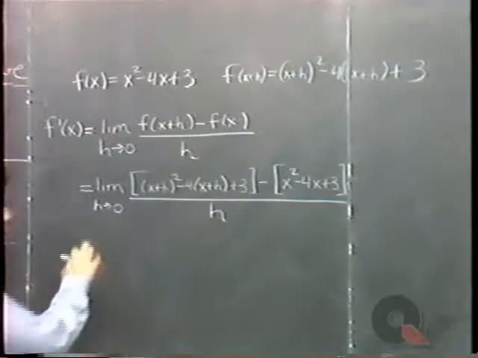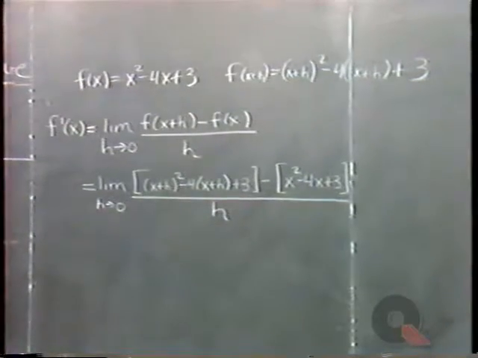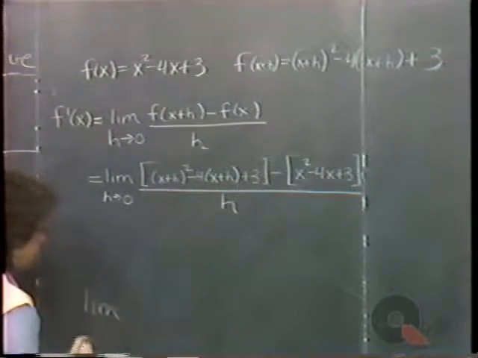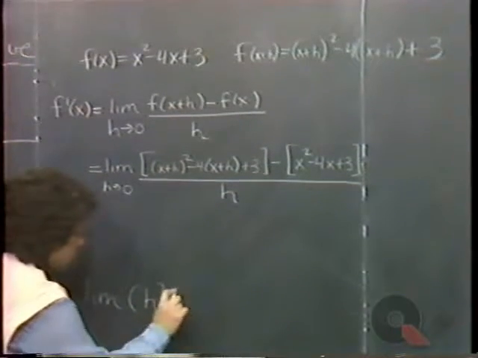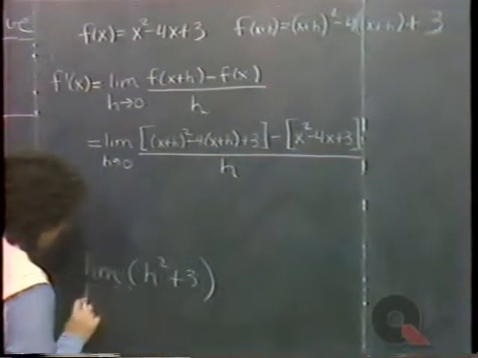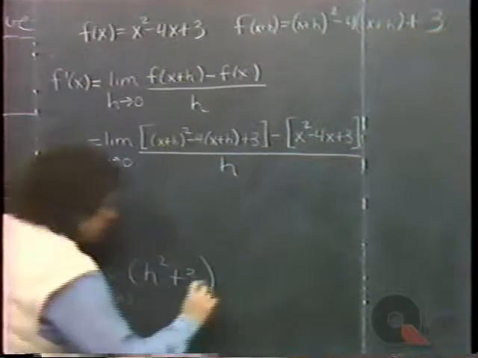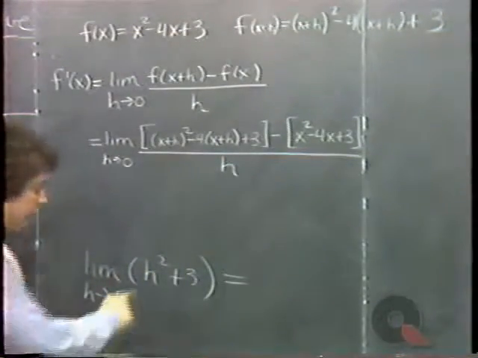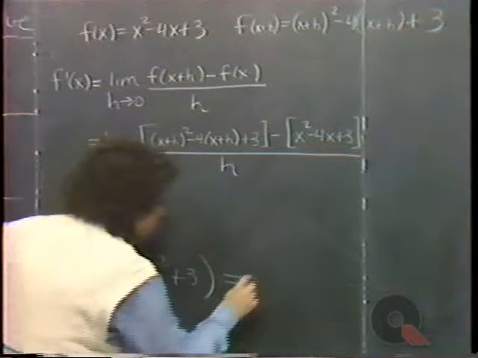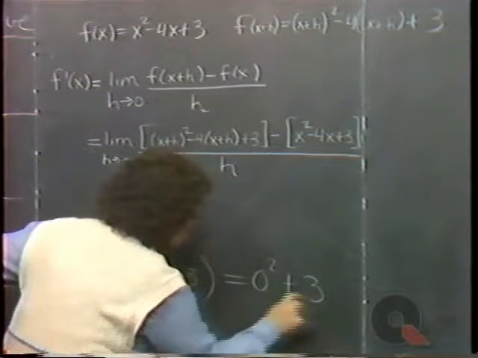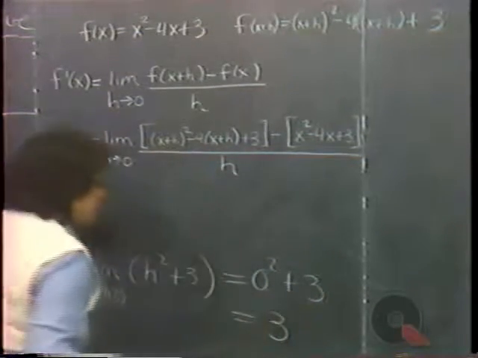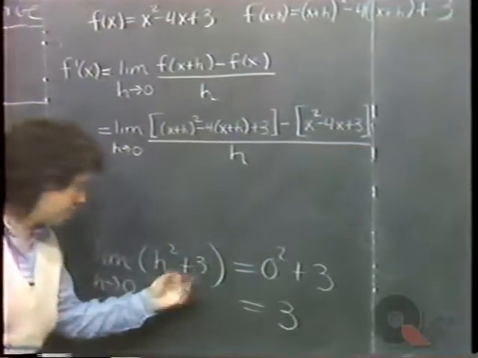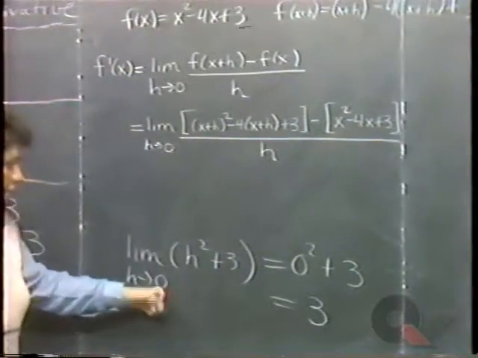Now, many limits can be evaluated by substitution. For example, if I asked you to tell me the limit of h squared plus 3 as h approaches 0, you could simply let h be 0, substitute for h 0, and you get 0 squared plus 3, and you would know that the limit is 3. This is a consequence of the fact that this function here is continuous at 0, and the limit can be